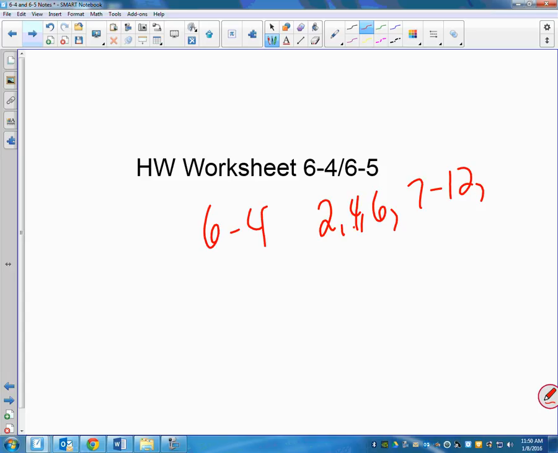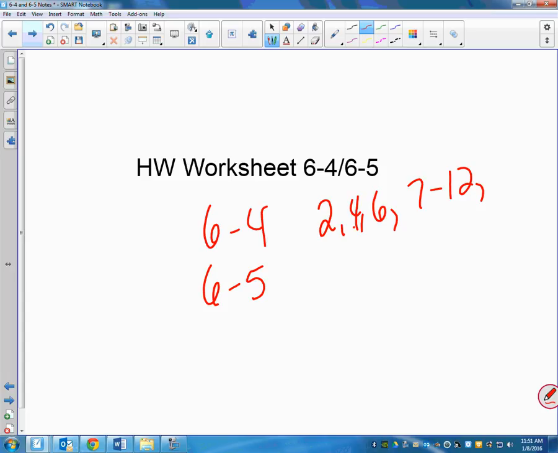And then I won't make you do the coordinate side on just the rectangles, because I want you to do the coordinates when you have to distinguish between rectangles, rhombi, and squares. So that's all you have to do on the 6-4 side, is just some algebra at the top and then the angles at the bottom. And then on the 6-5 side,